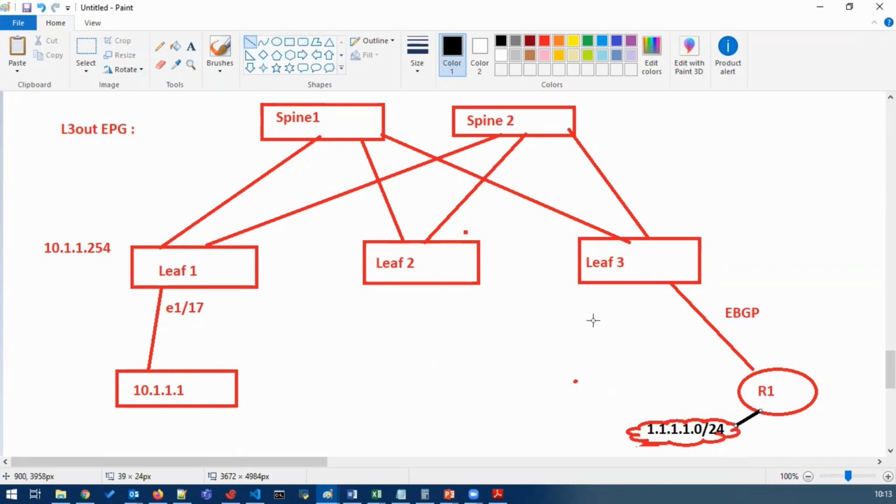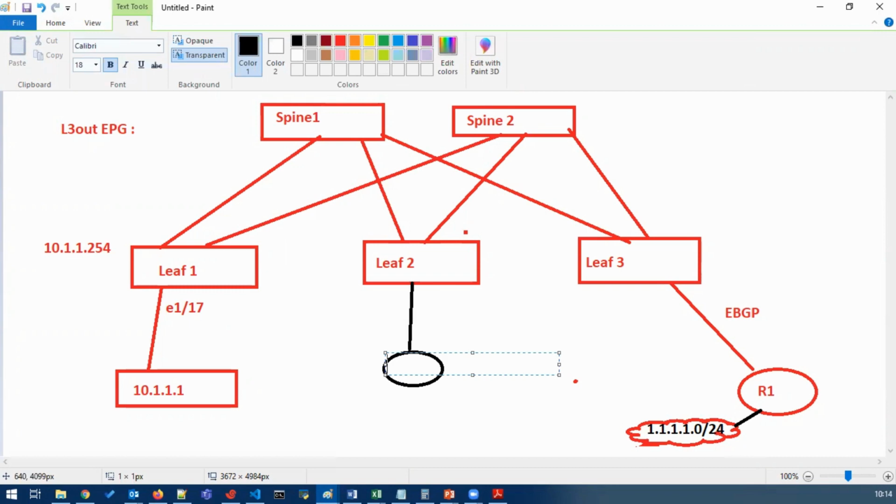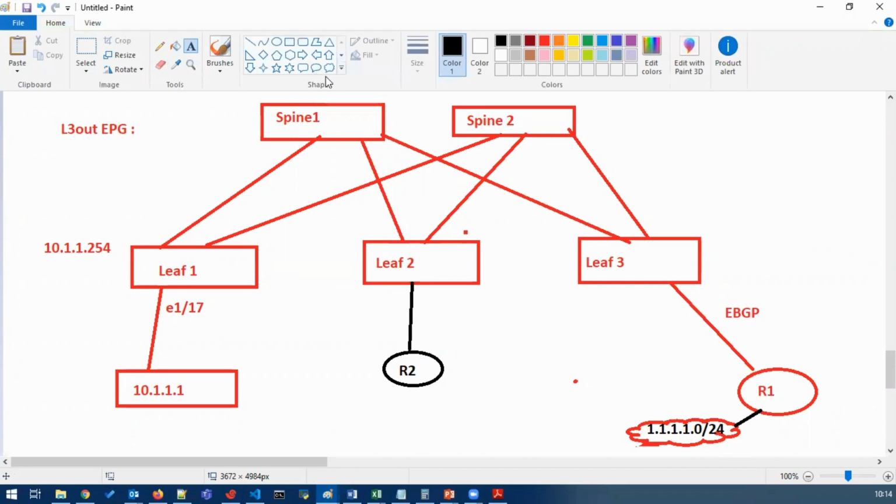Clear. Now let's build one more transit routing, meaning I'll connect one more router here, R2, which is advertising some routes.